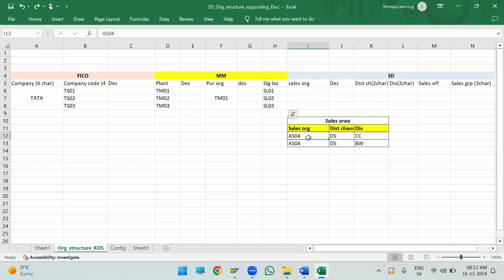sales organization. Suppose our sales organization is A04, distribution channel is DS, division is CC. Combined, this sales area will be there. Okay, sales areas will be there. Now the thing is that